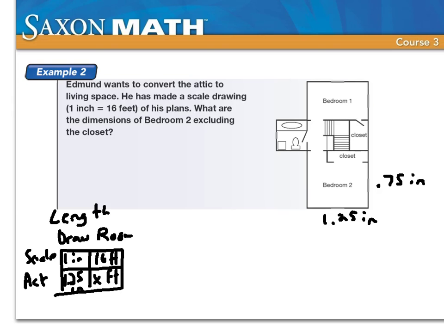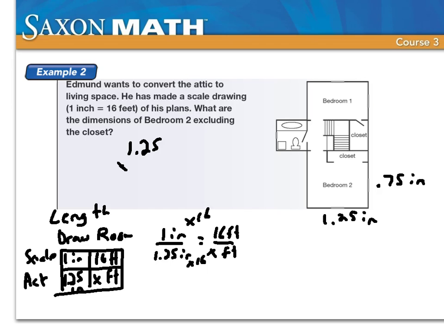Okay, so we're going to put 1 inch over 1.25 inches equals 16 feet over how many feet? Well, we're taking this times 16, so I'm going to take this times 16. So I need to do 1.25 times 16